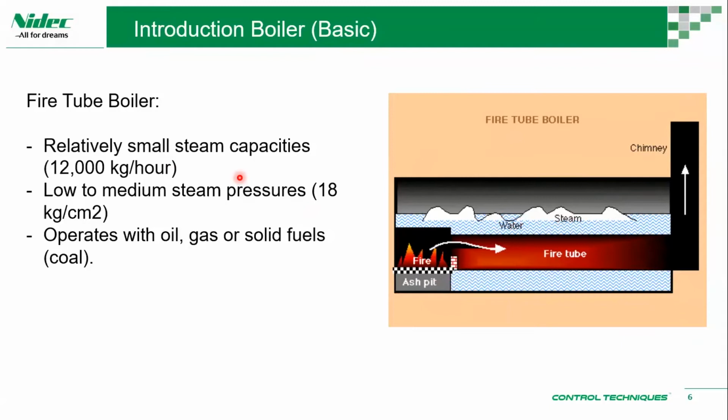And also, fire tube boilers are classified to low to medium steam pressure. Let's say the common pressure that we use in Indonesia, the maximum is like 9.5 or 10 bar. So the production will usually be using like 7 or 7.5 bar. And then the furnace will be using fuel like oil, gas, or solid fuels. So for the OEM that we are working together with in the business, we are using the solid fuels, or coal.